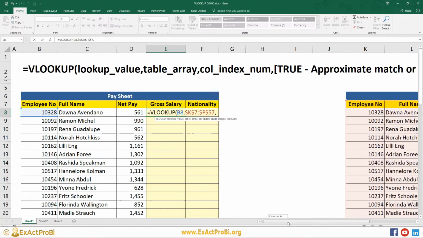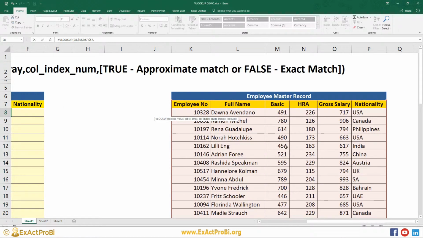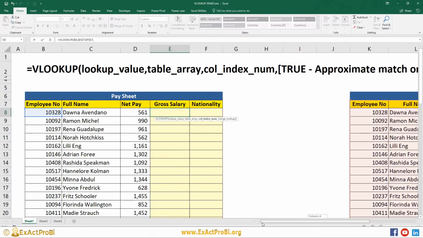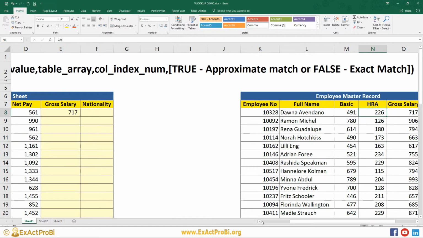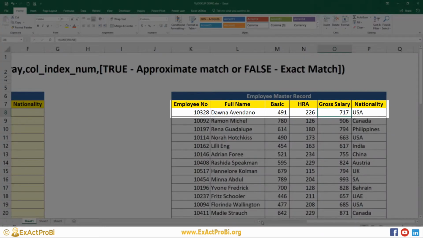Now the column index would be 1, 2, 3, 4 and 5, so I will type 5. Since we are looking for an exact match, we'll select false, and I'll press enter. We got 717, which is the correct gross salary for employee number 10328.